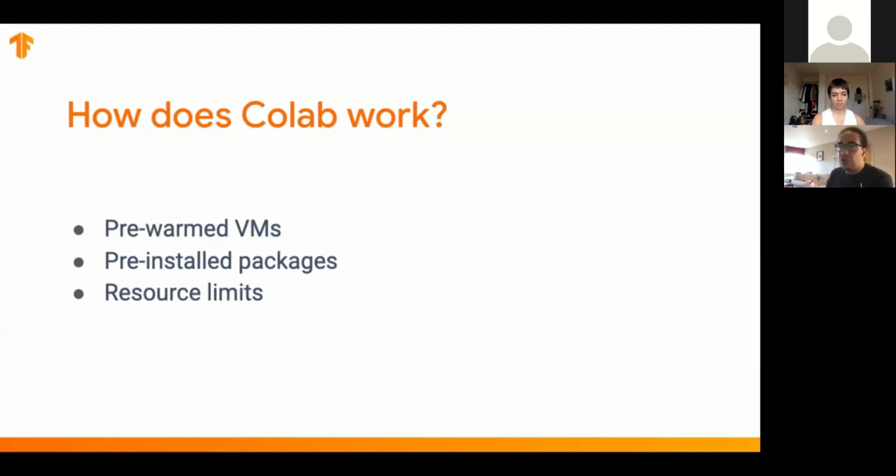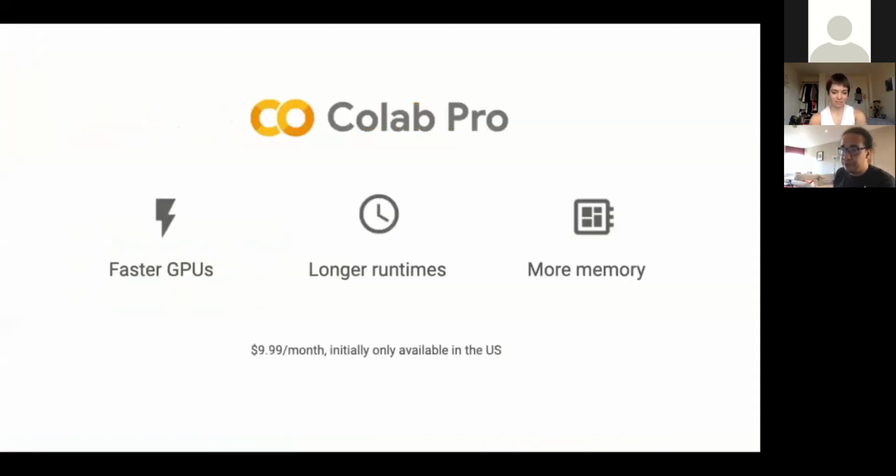But if you're going to do your full research with millions of points of data or images or whatever you're playing with, we would suggest you try Colab on your own VM using GCP, Google Cloud Platform, or you can use Jupyter Notebook on your own machine, of course. But if you want to play around with Colab, it's there for you.